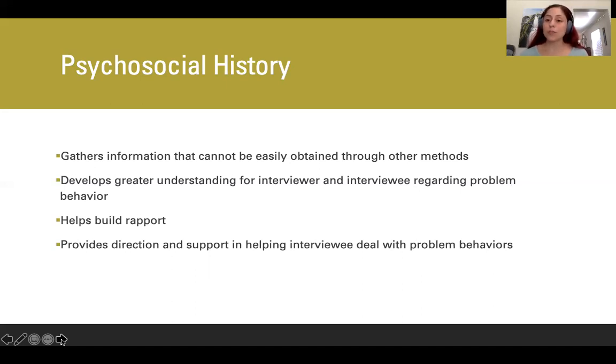The other thing that the psychosocial history will achieve is that it'll help you to understand where you need to assess a little bit further. If the client tells you that things are going relatively well at school, that perhaps is going to be an area you focus on a little bit less. Whereas if they tell you that at home, their depression, for example, is really causing some problems or has started to affect their relationship, you're going to assess there further and likely integrate some of that into your treatment goals in order to address those issues. It'll tell you that this depression, for example, is causing relational issues, and that is something that you should address in your treatment goals.